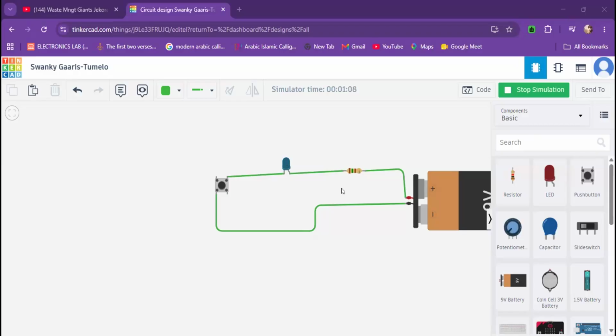Nine volts. 9 volts is enough to burn this LED. But by virtue of the resistor being here, this resistor,